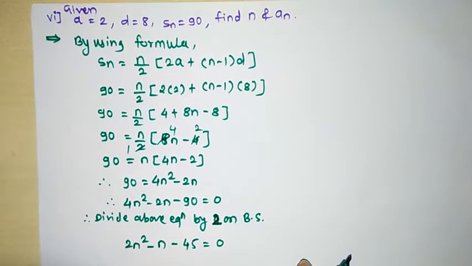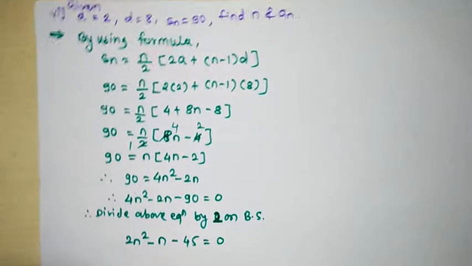Now see here we got a quadratic equation. Again we got a quadratic equation here. We have to solve it. You can use the splitting the middle term method, or you can use any one method, that is by using the formula also you can find. Now we will use here the splitting the middle term method.